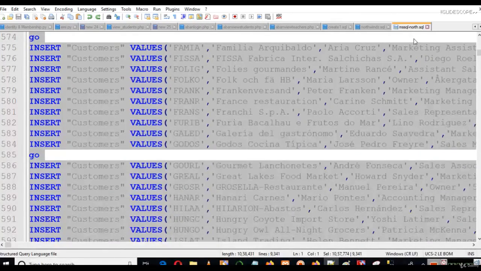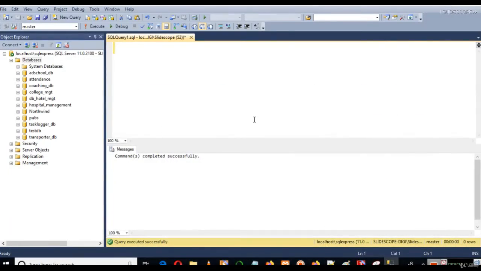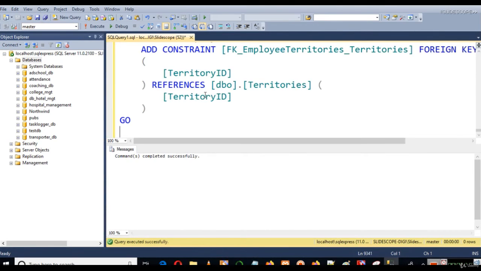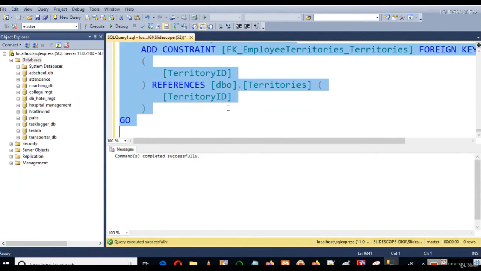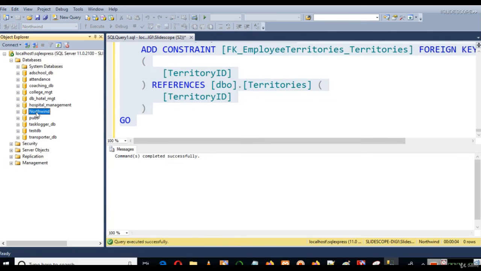So now I'm going to select this and make sure the master database is selected here, and now I have pasted the query here, select all and then execute. You can see that it is executing the query, and the query is executed successfully. You can click on refresh here, and now you will see that our database Northwind is created.